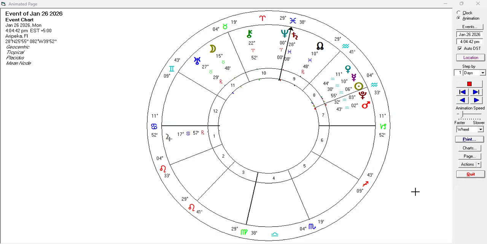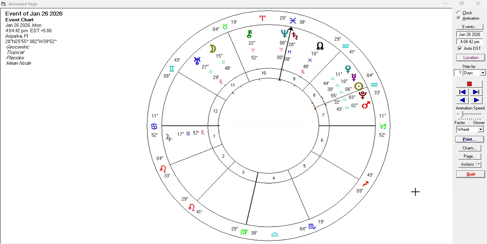And then you have a little field where you can put whether your data is correct. Is this from somebody's birth certificate? Did you see it? Did somebody tell you? So you have your source of where the data came from that you can always go back and look at. Then you can select the house system. You want to do equal house, whole sign, Placidus, any of the zillion other